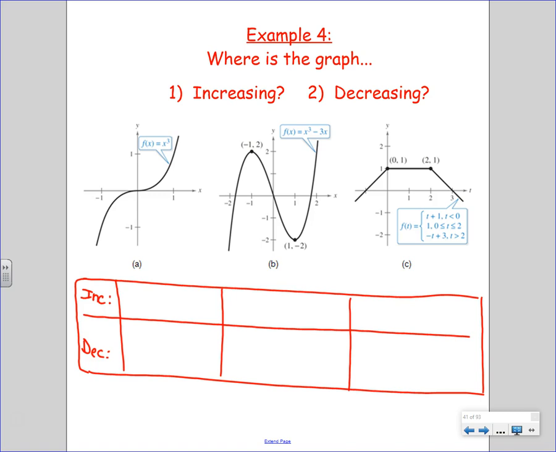How left would you say it starts to increase? -infinity. There is no endpoint. So since there's no endpoint, I'm going to say -infinity. Go all the way as left as you possibly can and start moving right. It's going to be going up. So -infinity all the way till,